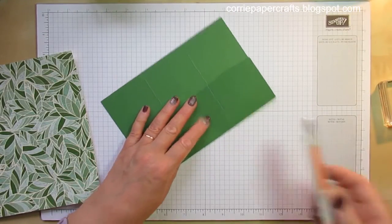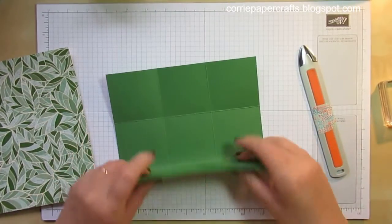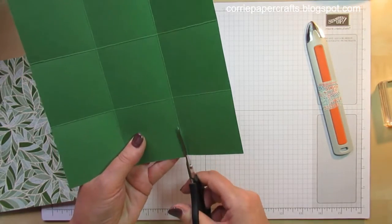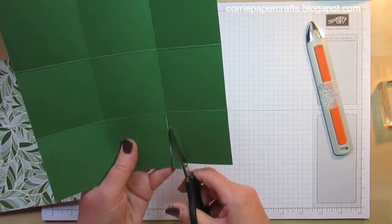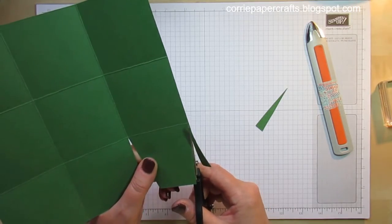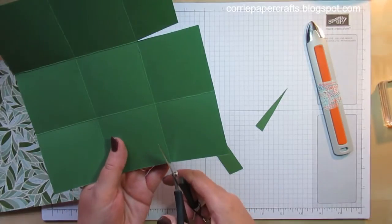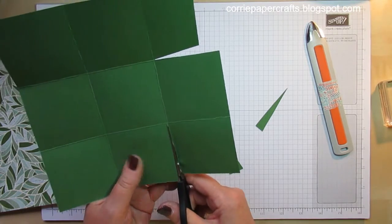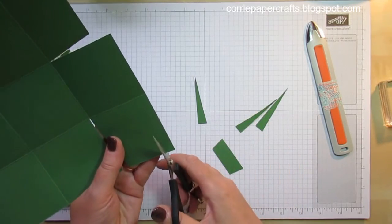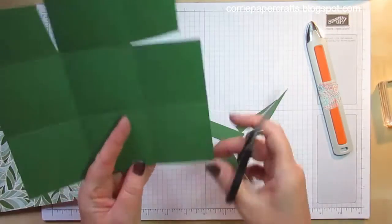So we'll do the base first. Burnish all 4 score lines, and as usual with boxes that I make, we're going to cut up this score line here, wedge each side slightly, and then you want to cut about 3/4 of an inch or so off, then rotate it and do the same again, cut up to that other score line, wedge here, wedge here, and about 3/4 of an inch off, turn it round again,